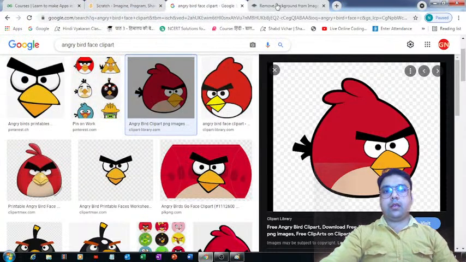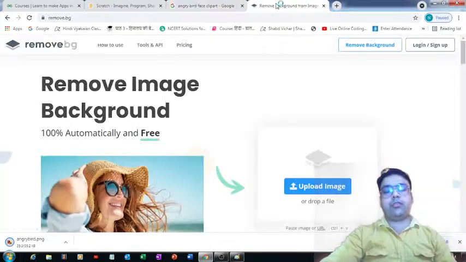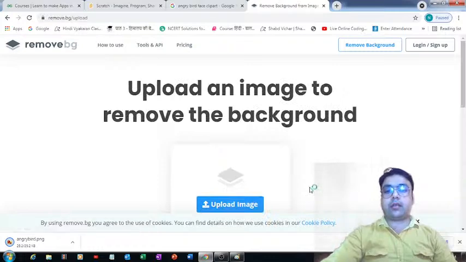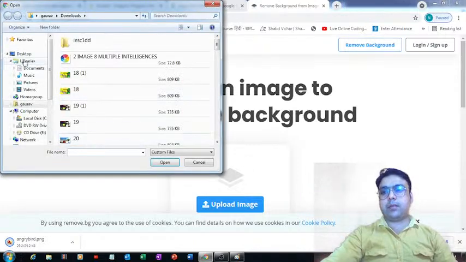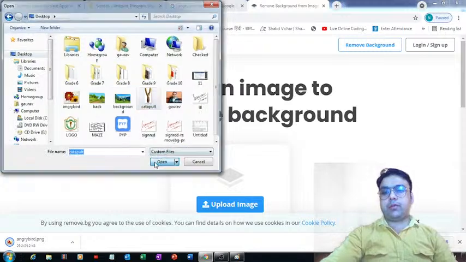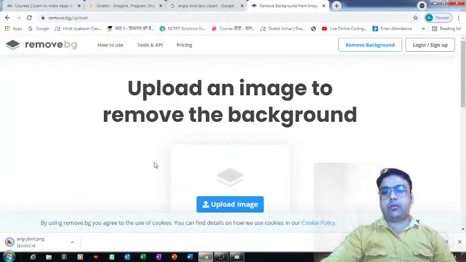Fine. Then we need to come to this remove.bg site, and let's now upload the first image that we downloaded from Google Images, that is the Catapult's image. We need to come again to the desktop. I am done with selecting this Catapult's image.